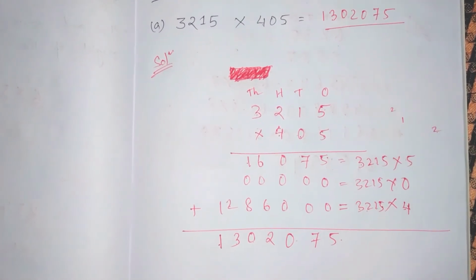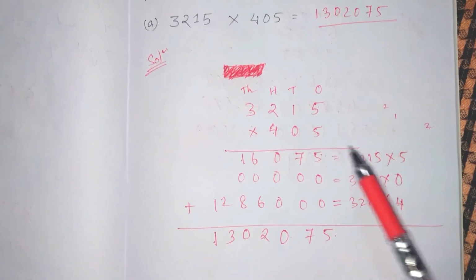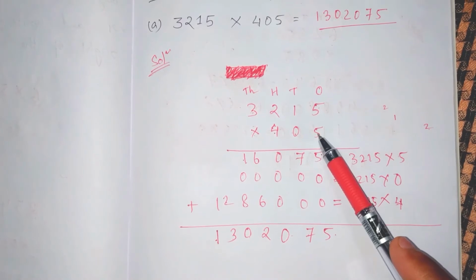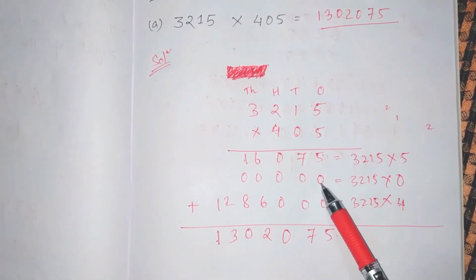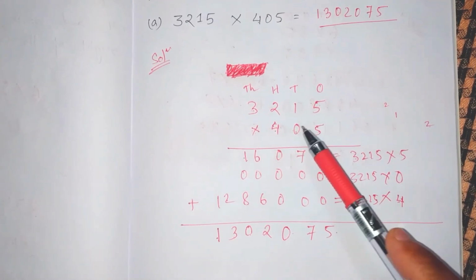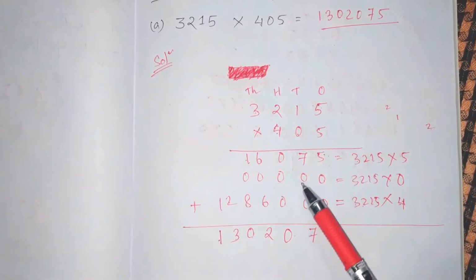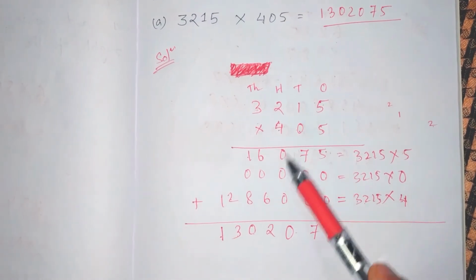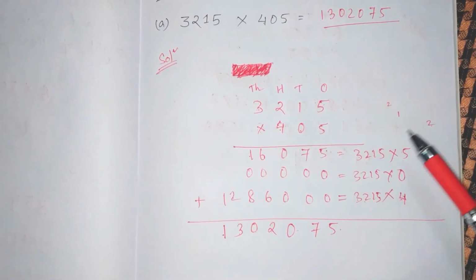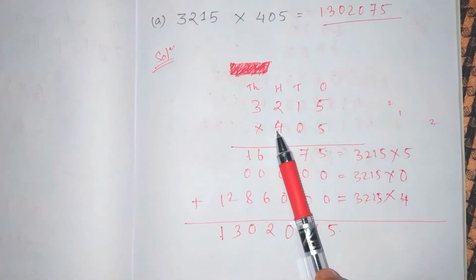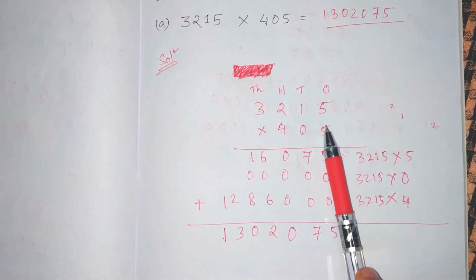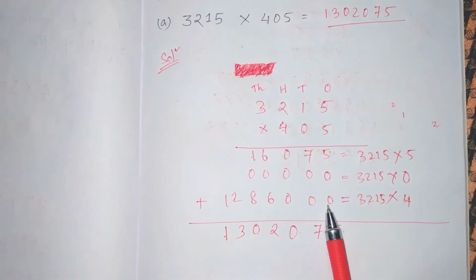Okay, then for the next line you have already written the ones position number. That means you have to put 0 there. So now you have to multiply 3215 with 0. That means 0 is multiplied with 5, that means 0. 0 is multiplied with 1, 0. 0 is multiplied with 2, 0, and 3 is multiplied with 0, that means 0. For the next line you have 4, and this is in the hundreds position. That means you have already done ones position and tens position, so you have to add 2 zeros here.